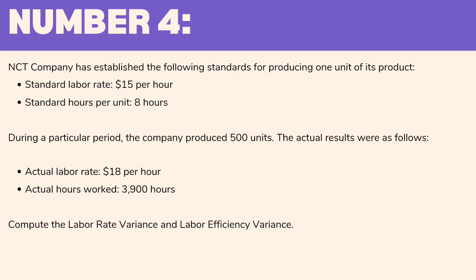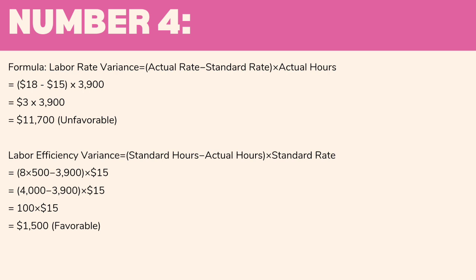Actual labor rate equals $18 per hour, and actual hours worked equals 3,900 hours. Now, we are going to compute the labor rate variance and the labor efficiency variance. So, for the computation, we are going to subtract $18 minus $15 equals $3, times 3,900, which is the actual hours, and it will give us a labor rate variance of